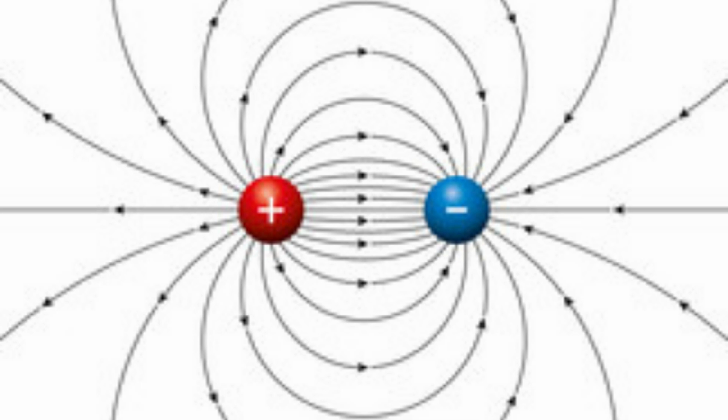The strength and direction of the electric field depend on the magnitude and distribution of the charge producing it. Electric fields can be either uniform or non-uniform. A uniform electric field has a constant strength and direction throughout the region of space it occupies. A non-uniform electric field, on the other hand, has a variable strength and/or direction in different parts of the space